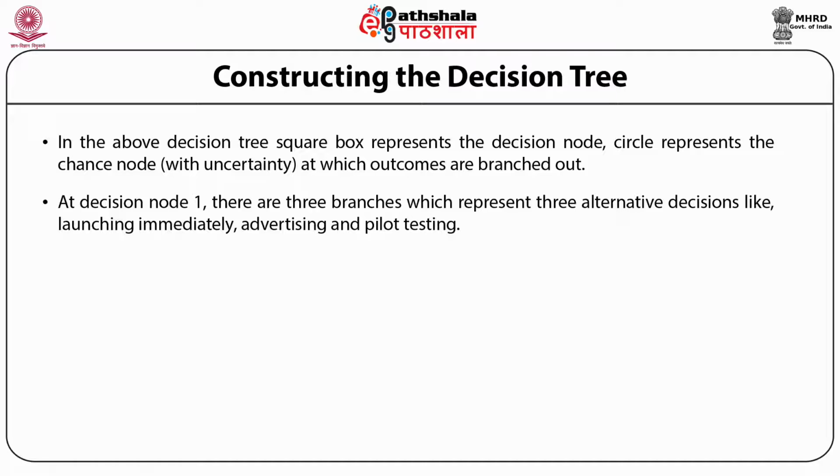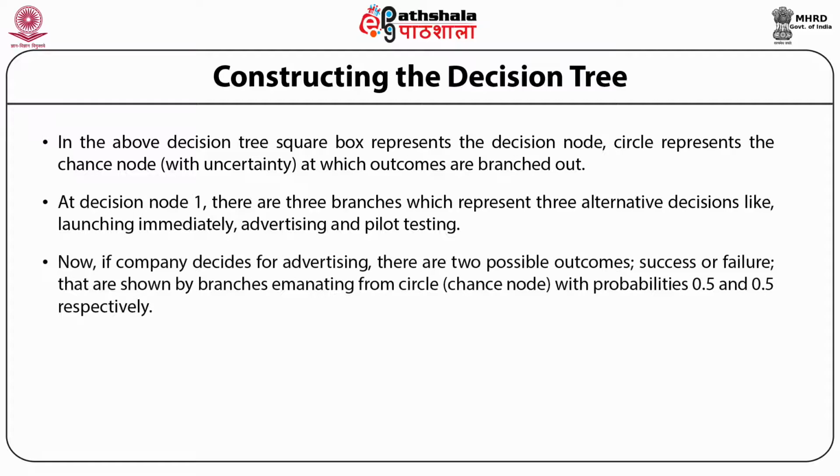So if we know the outcome of that choice with certainty, then decision making becomes very easy. But if we are not certain about the outcomes of our choices, then decision making becomes a little bit complex. So in this case, we are trying to take a correct decision when we have multiple decisions and multiple outcomes, and we also have the probability values for the different outcomes. Actually, here in the decision tree, we are concerned with the sequence of decisions.